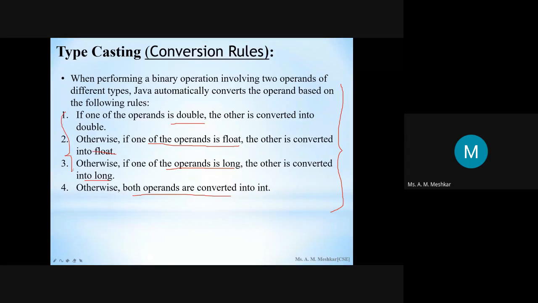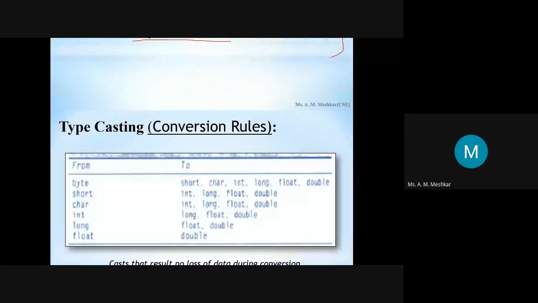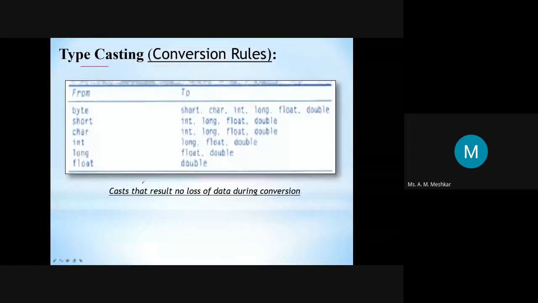And casting that results in no loss of data during the conversion. This table you can see from 2. So from byte, if you are converting into short, char, int, long, float, double, then there is no loss of data, because wherever we are converting the larger data type values into the smaller, there may be a loss of data, क्योंकि आपके larger number में suppose 32 bits लग रहे हैं, आप उसको 8 bit में store करने की कोशिश कर रहे हो, तो obviously आपके 24 bits का loss हो सकता है उस केस में। तो ऐसी कास्टिंग जिसमें कोई loss of data नहीं होगा, वो ये है टेबल में जो है।